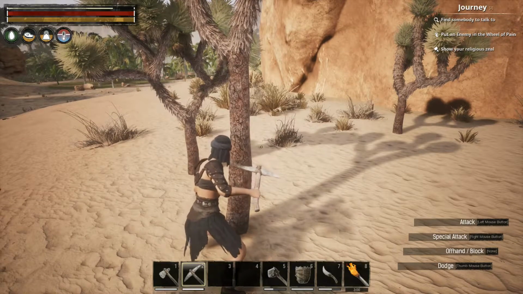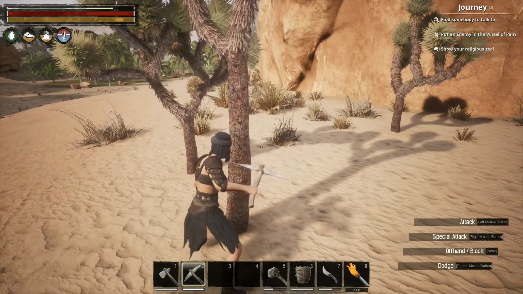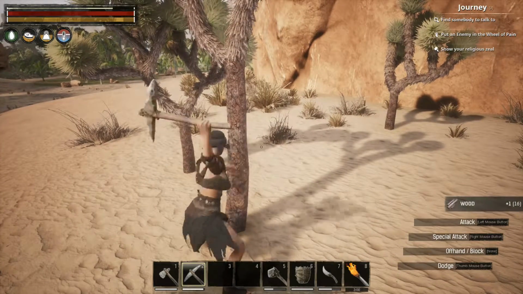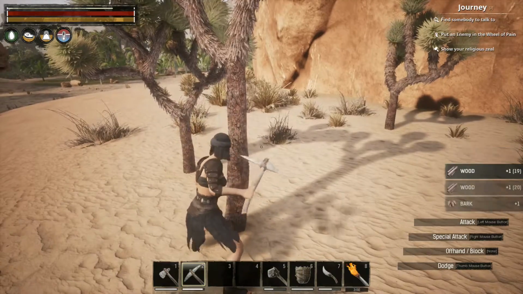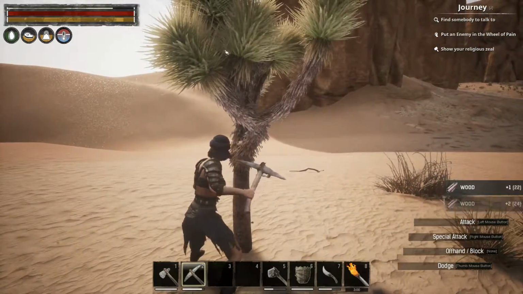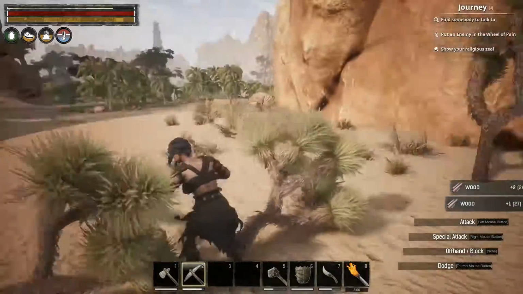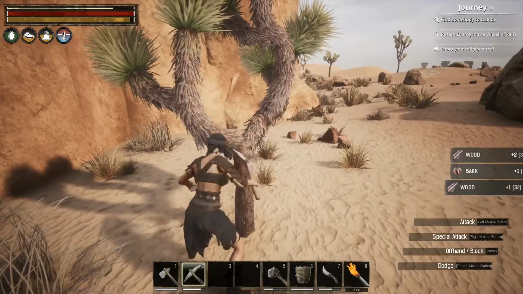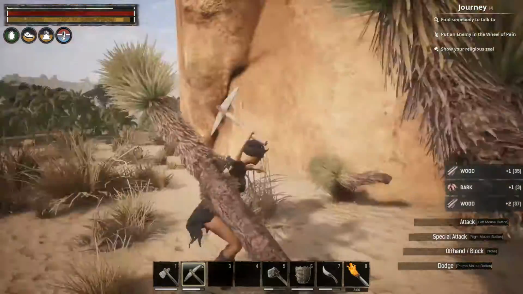For trees, this is an important thing to know. It will give you wood, and later on, you're going to require bark. Now, the way you get bark is you equip a pickaxe, and you just start chopping on trees. And as you can see, I just got 1 thing of bark. So I'm not getting as much wood from the tree with the pickaxe, but I am getting bark, which is required for leather making,